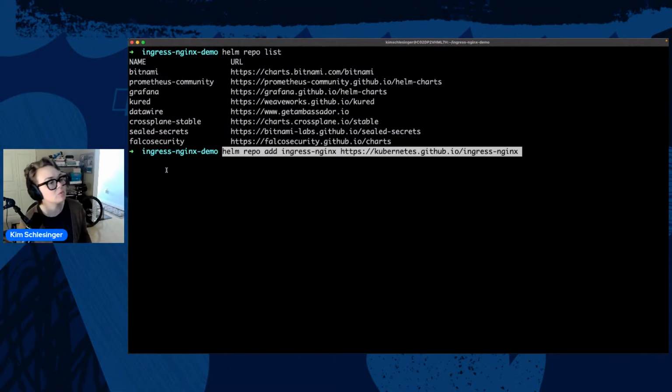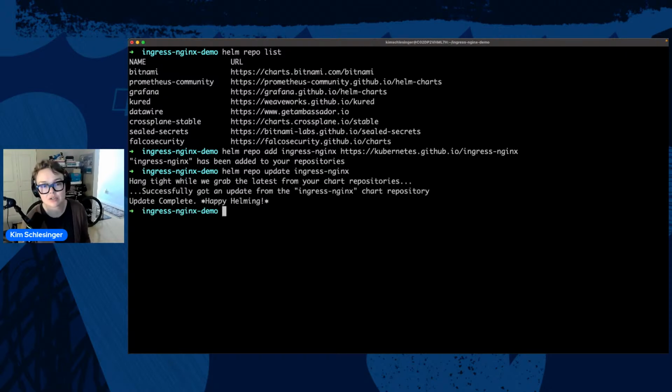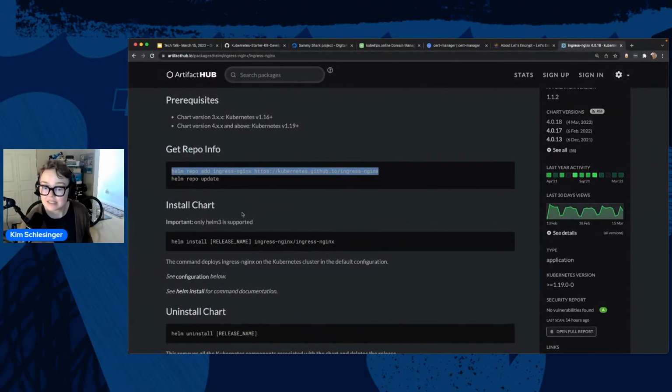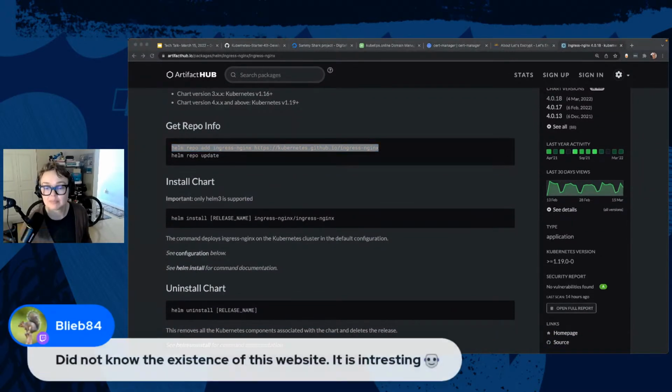So it's helm repo add ingress-nginx, and then it has a URL for that repository. So let's add that repo. And it's always best practice, helm repo update ingress-nginx, to just run the update command right afterward to make sure you have the most up-to-date version. Beautiful. And then it says install the chart. So we'll do that in just a moment.